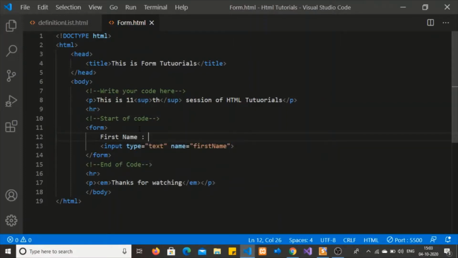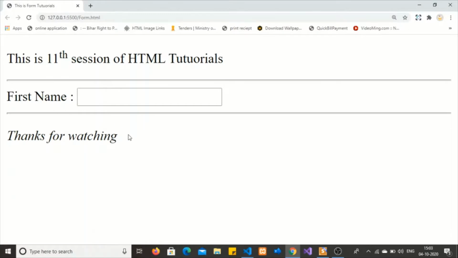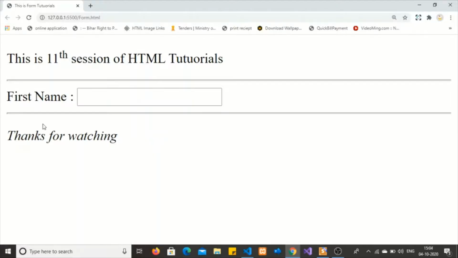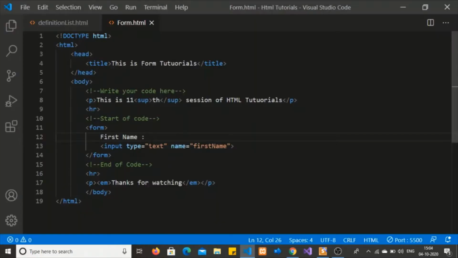Okay, I added one attribute and one normal text, first name. It seems like a label for this input, but if I click here, nothing is happening in the text box.